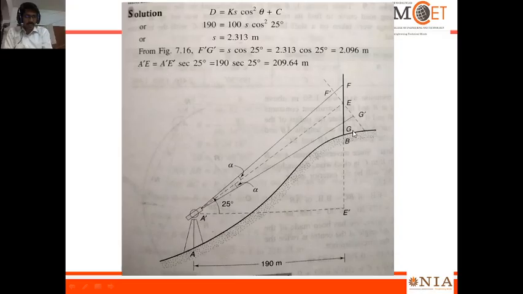A dash E we required is equal to A dash E dash sec 25. Sec means based on the cos, A dash E dash by cos 25 or sec 25, both are same. So if you substitute that, A dash E dash is 190, sec 25 you substitute, you will get the distance A dash E is equal to 209.64 meter,